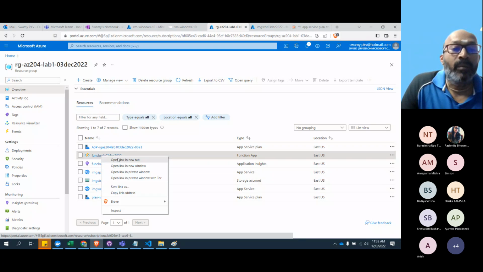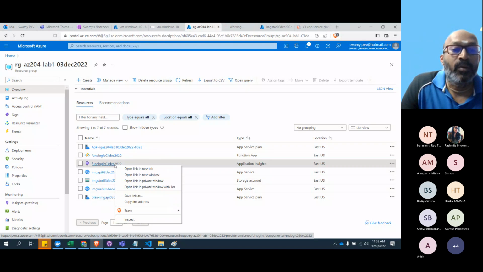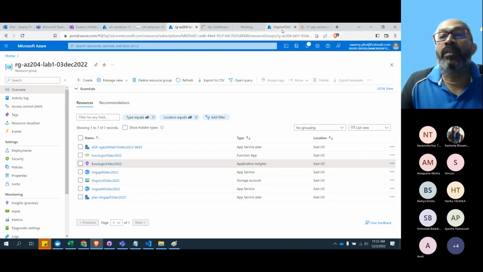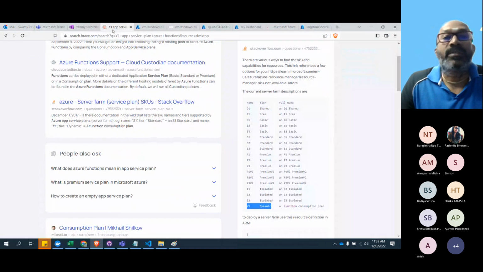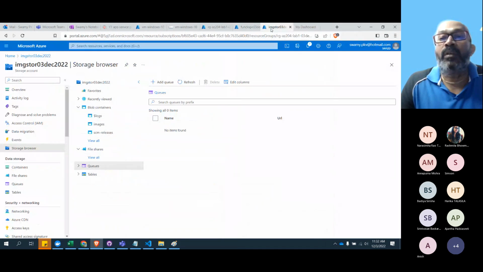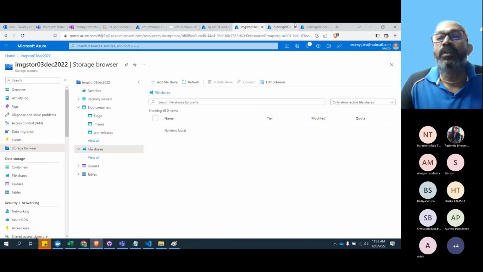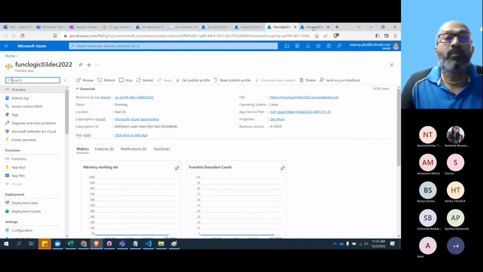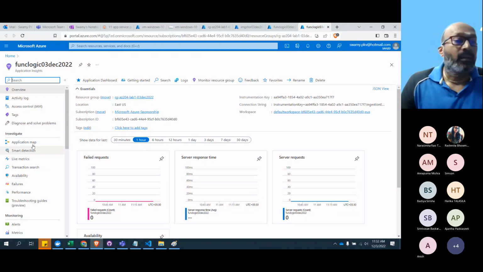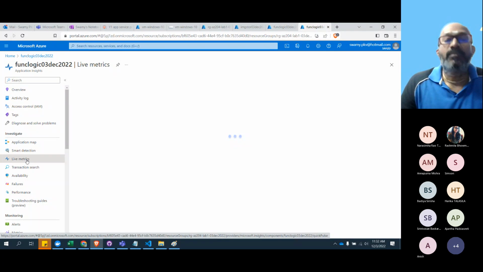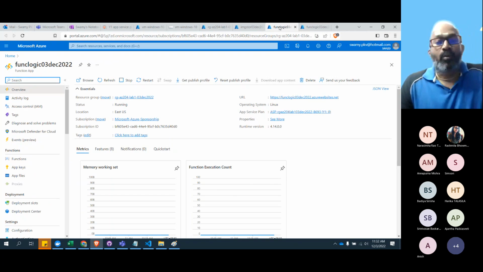And let me open up this in a separate window, this in a separate window so that we have. I'll drag this towards the side and we need to have the image store first. And let's keep a close watch on this too. And we have this function app. OK, this is the application insights. Let's keep the live metrics on. And let's go back.